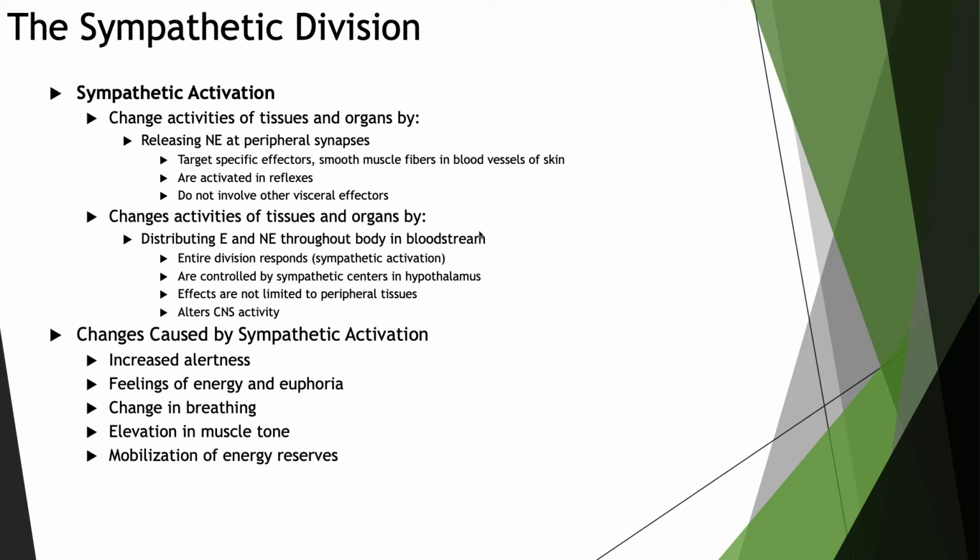In this event, called sympathetic activation, it's controlled by sympathetic centers in the hypothalamus. The effects are not limited to peripheral tissues, because sympathetic activation also alters CNS activity. When sympathetic activation occurs, a person experiences the following changes: increased alertness by stimulation of the reticular activating system, causing the individual to feel on edge; a feeling of energy and euphoria, often associated with disregard for danger and a temporary insensitivity to pain stimuli; increased activity in the cardiovascular and respiratory centers of the pons and medulla oblongata, which